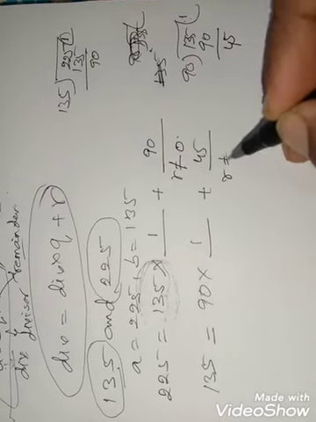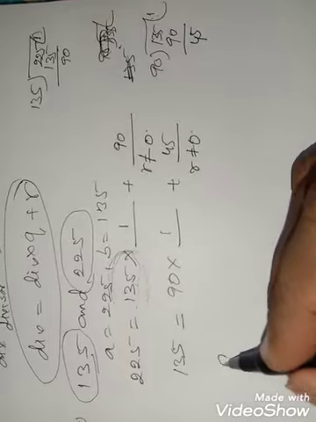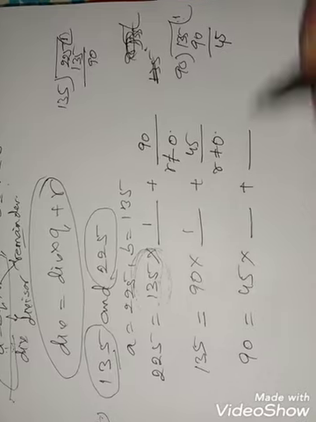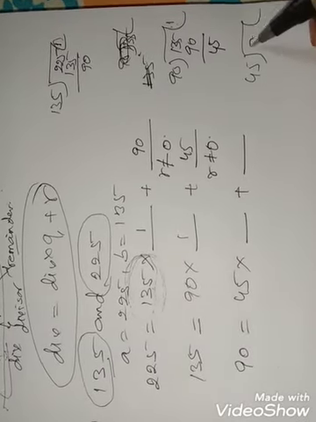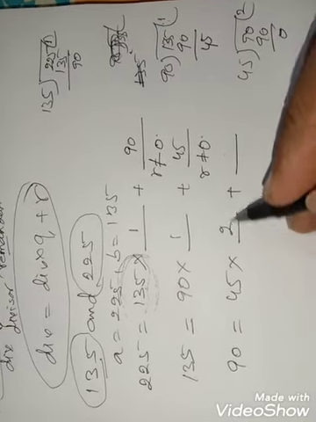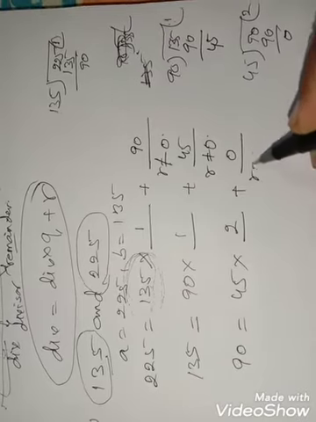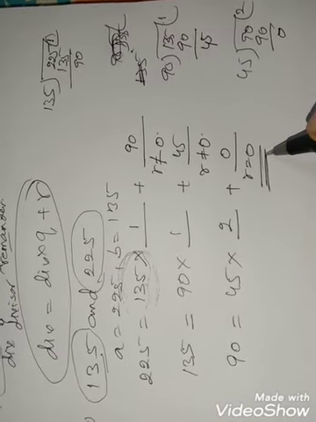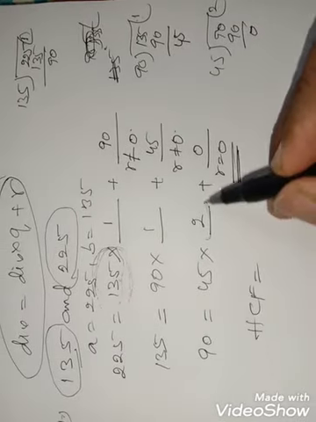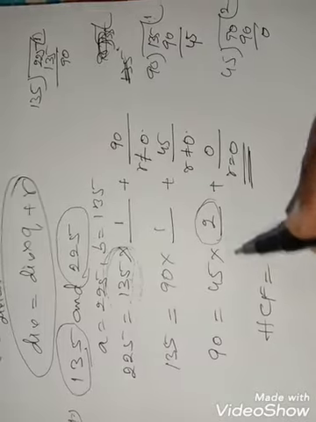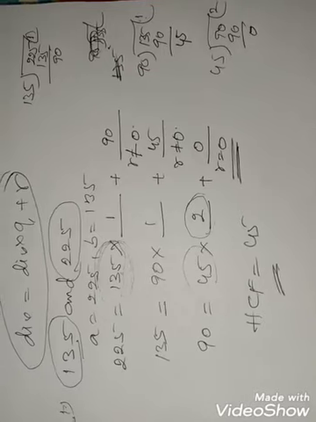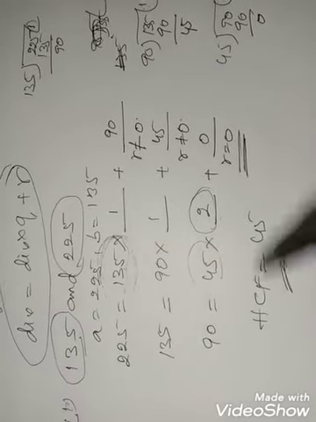Again the remainder is not equal to 0. Then the process continues. I can write this as 90 is equal to 45 into dash plus dash. Now divide 90 by 45. 45 twos are 90, so the remainder is 0. My quotient is 2 and the remainder is 0. Here r is equal to 0, so the remainder condition is satisfied. Then what is my HCF? HCF is nothing but the value which is multiplied with 2, that is 45. Like this we are finding the highest common factor by using Euclid's division lemma.